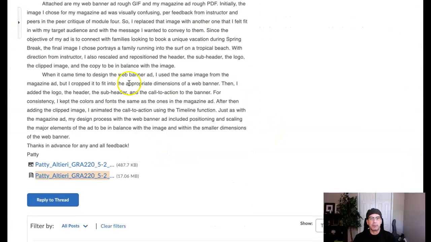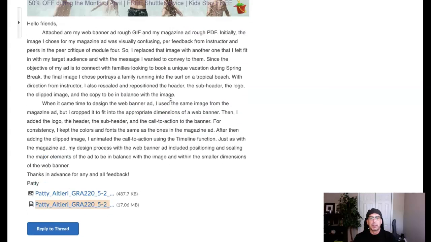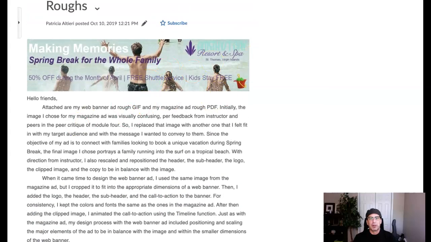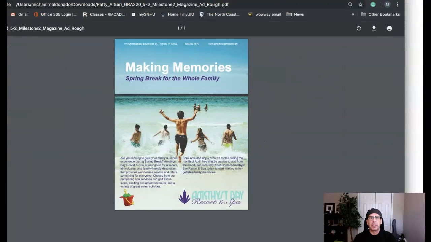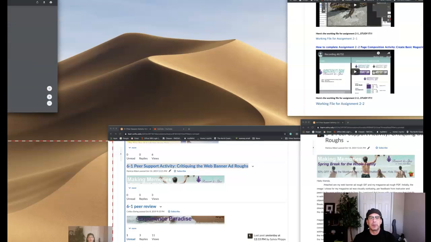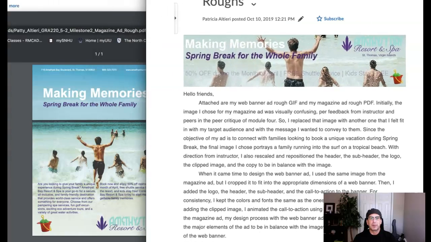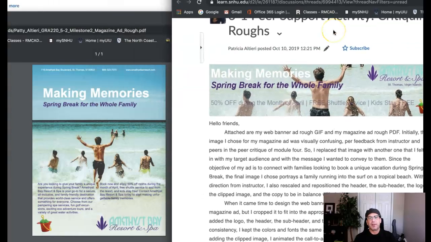Good job. Really good descriptions. Nice work here. Banner looks good. The magazine ad I have up right here. I kind of want to try to get these both in the same screen. So, I mean, obviously, as we can see, we're the